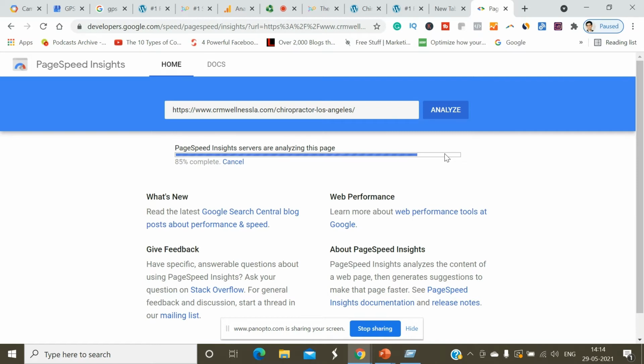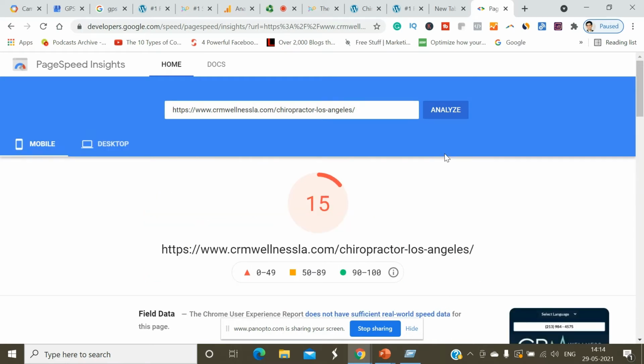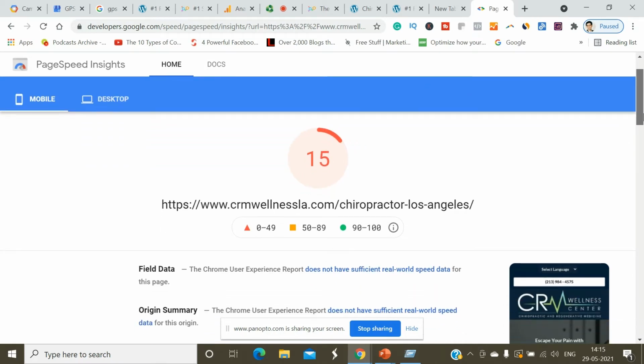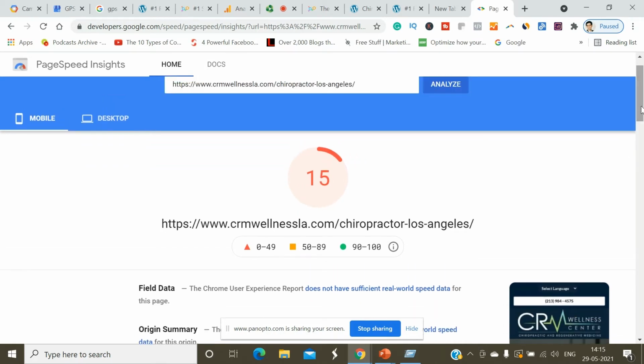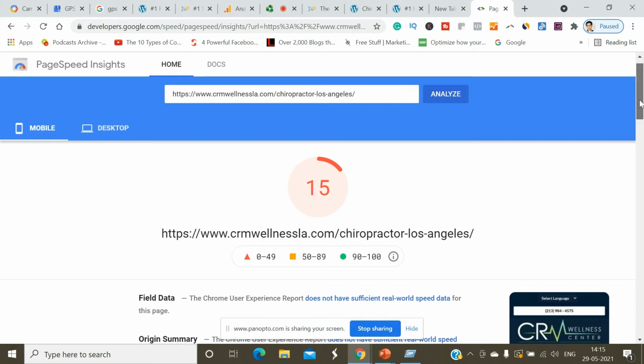Okay, so it's getting loaded, guys, so please maintain patience. So see, for desktop the score is 51. For mobile it's 15. So make sure that we need to improve the score to 90 out of 100, 90 for desktop and 90 for mobile.